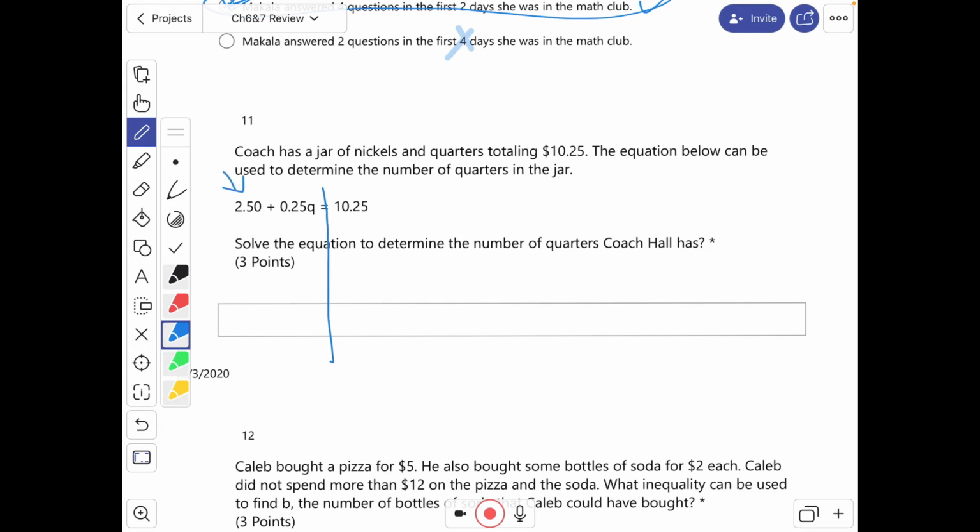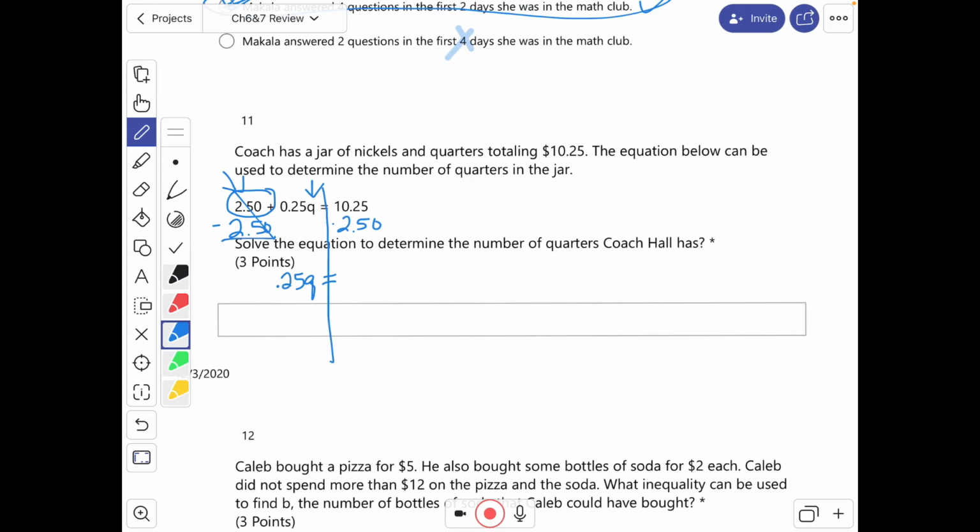So first we move the y-intercept, or the constant, the one that does not have anything next to it. No coefficient numbers. First we do the single person. So the opposite of adding $2.50 is subtracting $2.50. So if we subtract $2.50, they'd cancel over here, and I'd have just 0.25 times Q